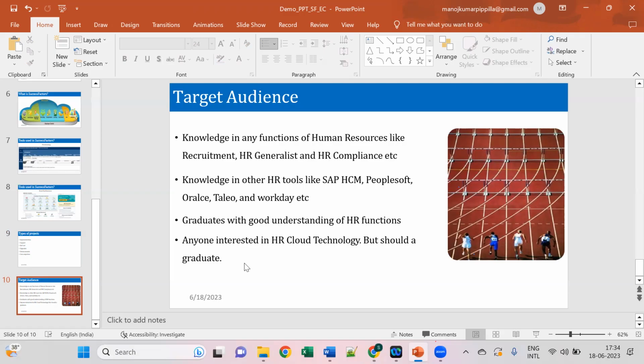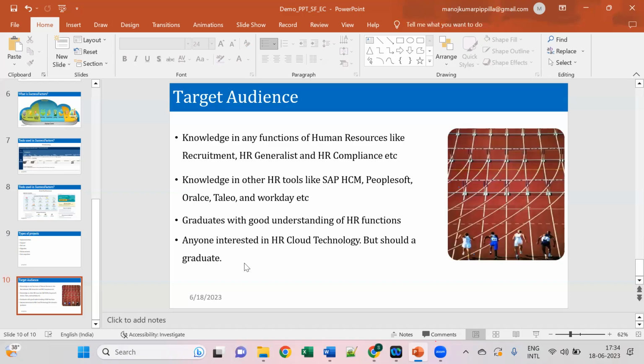And whether you have knowledge of HR or not, we are going to start from scratch. If you have HR knowledge, it will be a little easy for you to learn. If you don't have HR knowledge, it will be a little complex at the beginning to understand what HR people will be doing. But once you understand what HR does and why we design this application in that particular way, then it will be very simple. As you get to know HR, you will learn it as we go through this training.